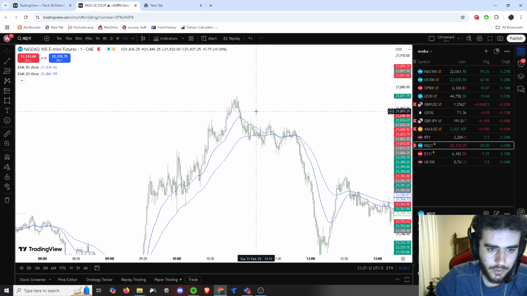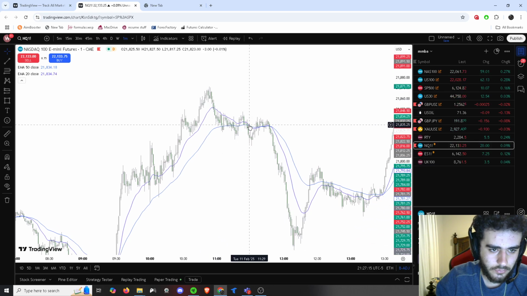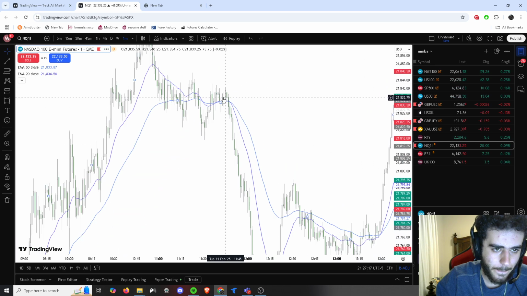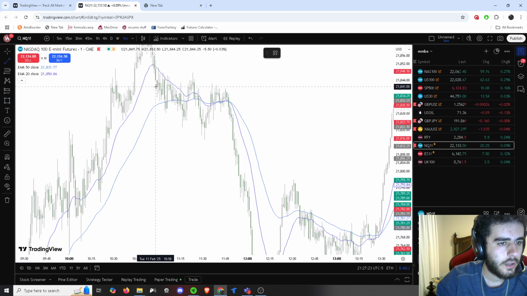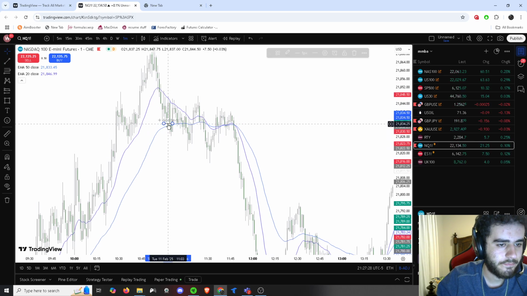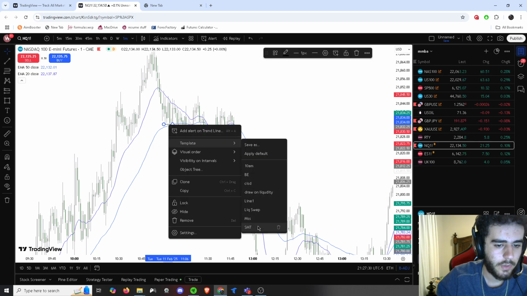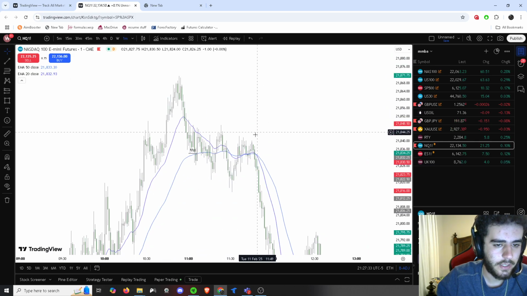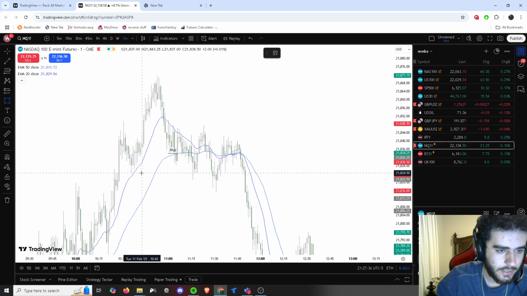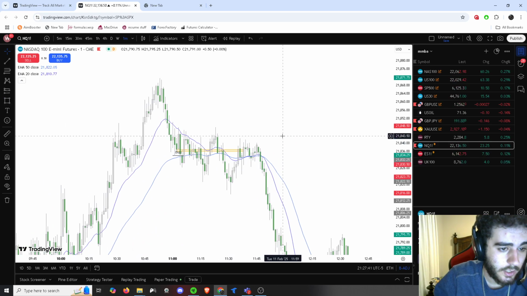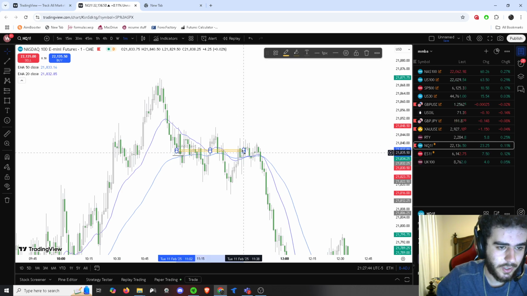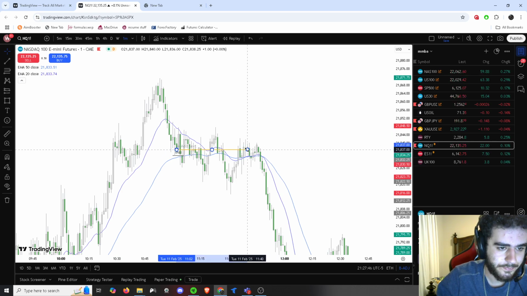Market structure shift, no entry. This right here is a fair value gap. So, okay, market structure shift, close below that. Okay, structure shift, after the liquidity sweep, it's valid, and you get a fair value gap right here. So, it's very small, let me just adjust it, it's there. It's there though.